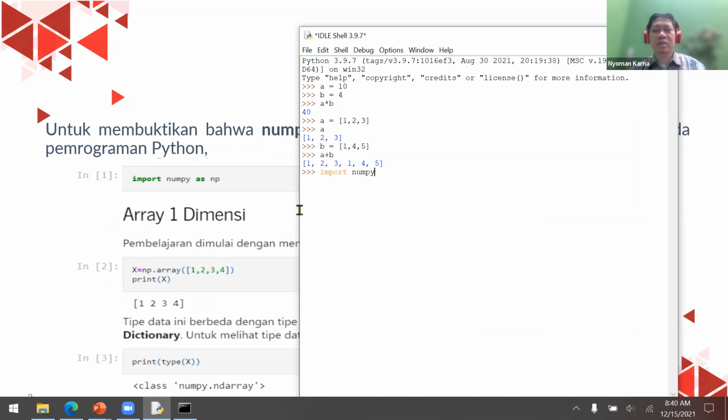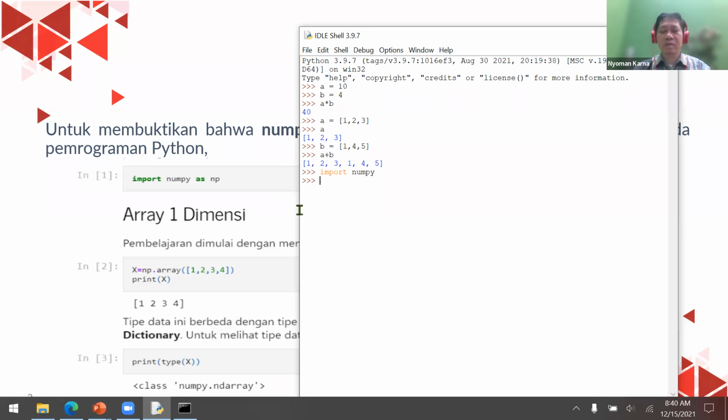You can use import numpy, or you can use an alias name, for example, np. But in this case, I'm not going to use an alias, just numpy. Okay, import numpy, and then by using numpy, I can use several functions, methods, attributes, data types, etc.